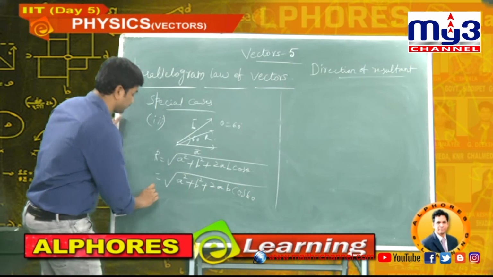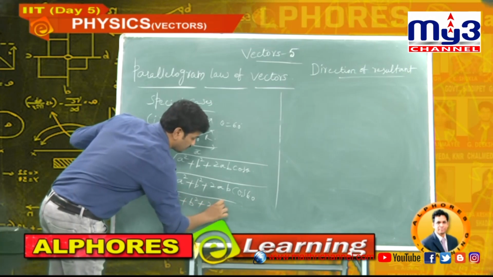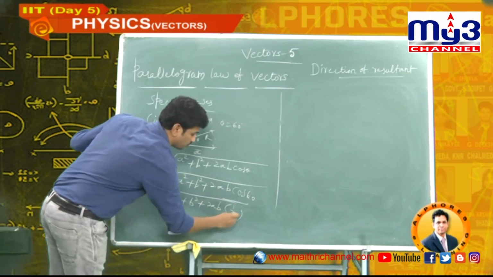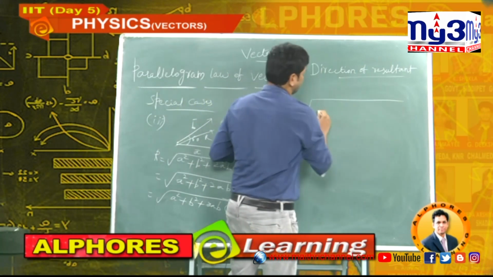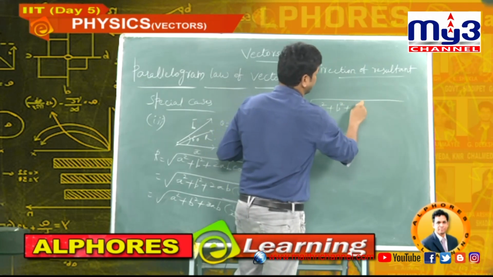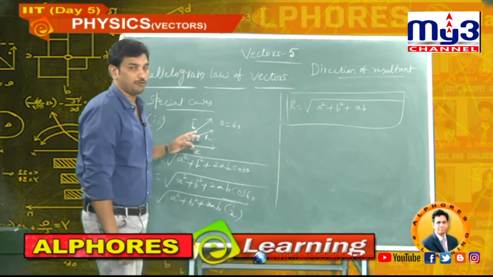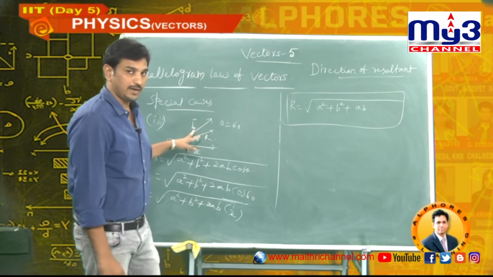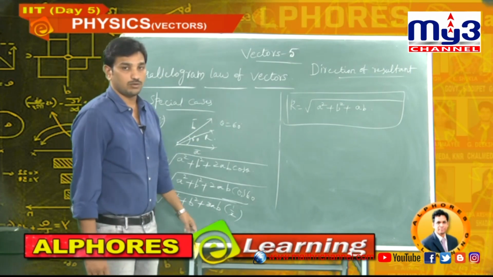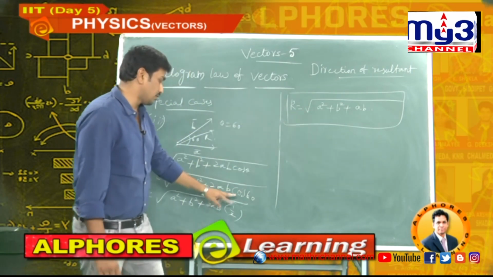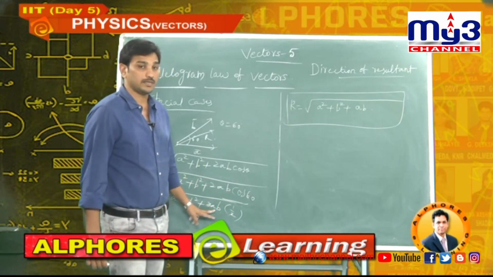Now here substitute root of A square plus B square plus 2AB cos 60 value 1 by 2, 2 to cancel. Now what is the answer now? R is equal to under root A square plus B square plus AB. This is the magnitude of resultant of two vectors A bar and B bar when the angle of inclination between the two vectors is 60. Answer R equal to root of A square plus B square plus AB, because cos 60 value 1 by 2, 2 to cancel.